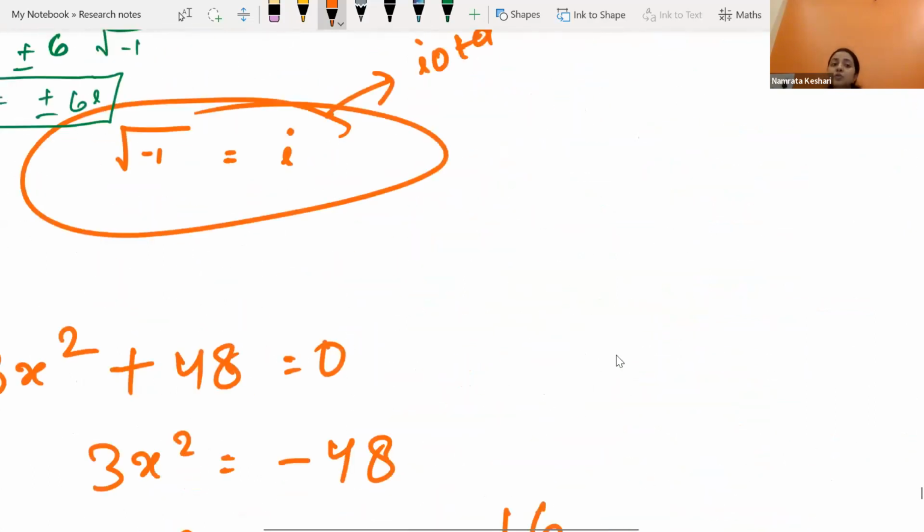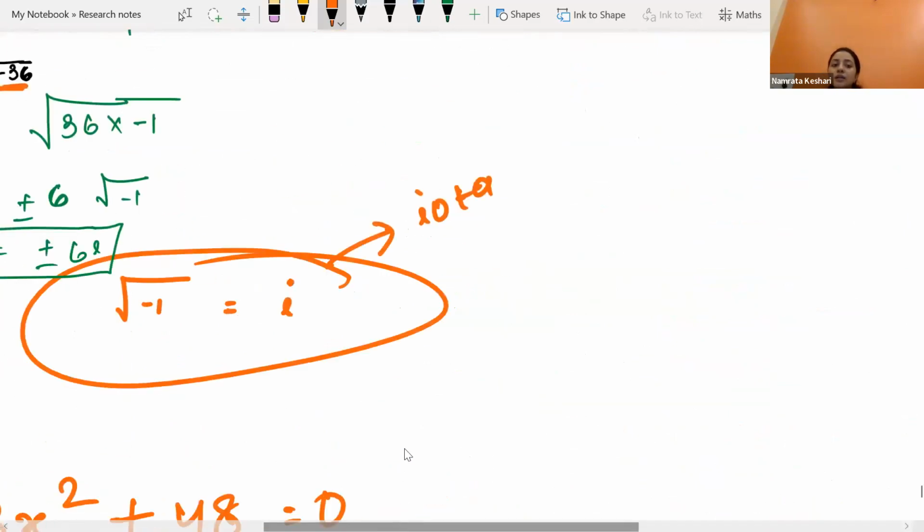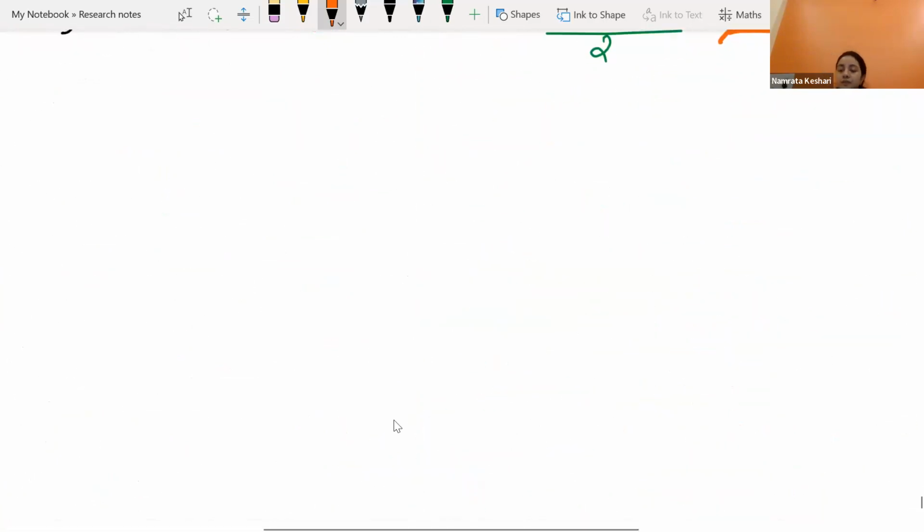However, this formula you both have learned, the discriminant greater than 0, smaller than 0. Have you learned that earlier, Alina? Yes, b square minus 4ac greater than 0, smaller than 0, equals to 0. Have you learned that? Yes, ma'am. Okay, so there you have got the idea that sometimes the root cannot be a real number, that you already know. Okay, now